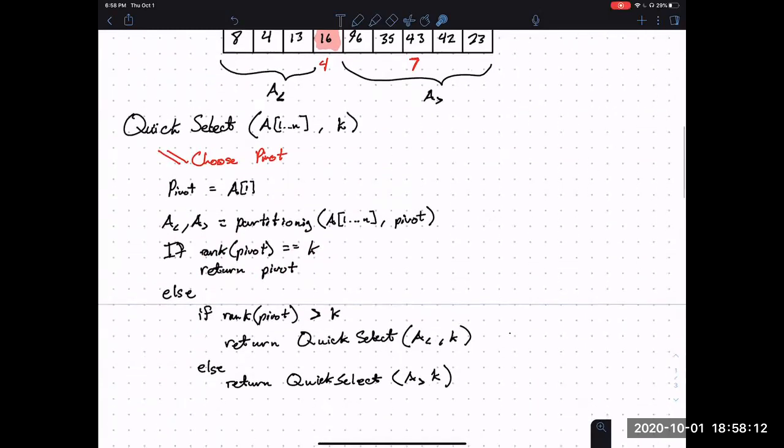Else, if the rank of the pivot is less than k, then we recursively perform quick select on this part of the algorithm. If the rank of the pivot is greater than k, meaning we want something in this part of the array, then we recursively do quick select on that part, except, and I should correct this,